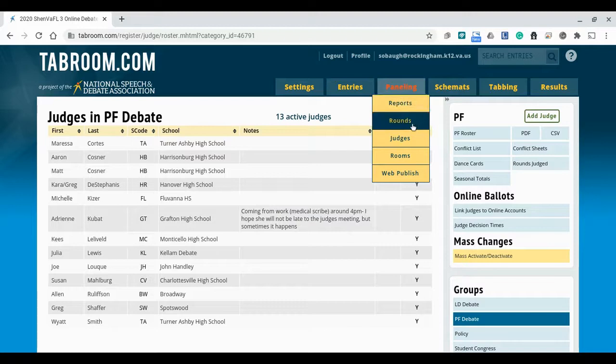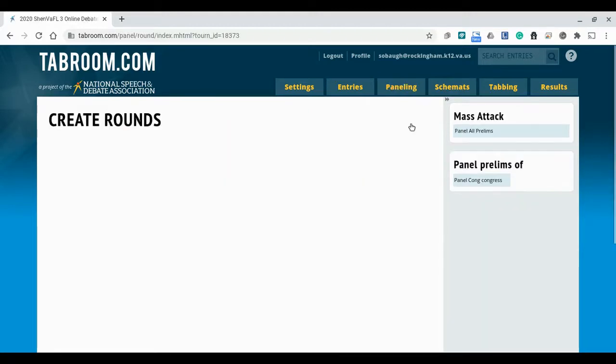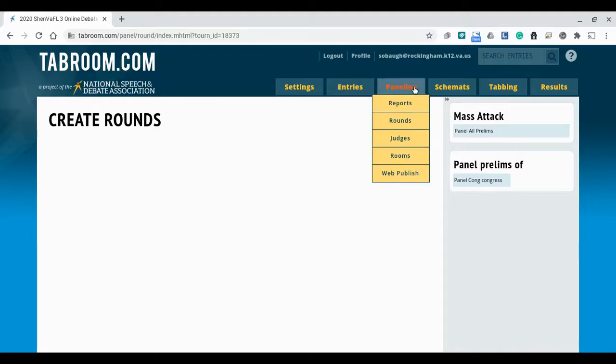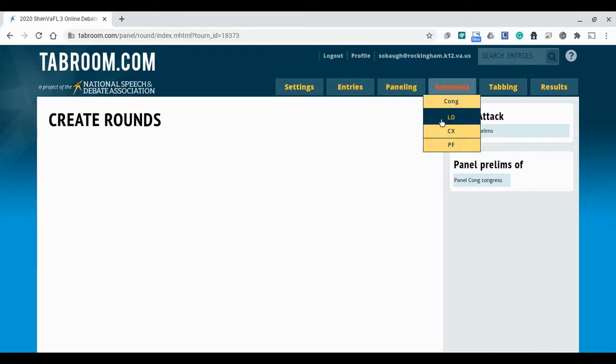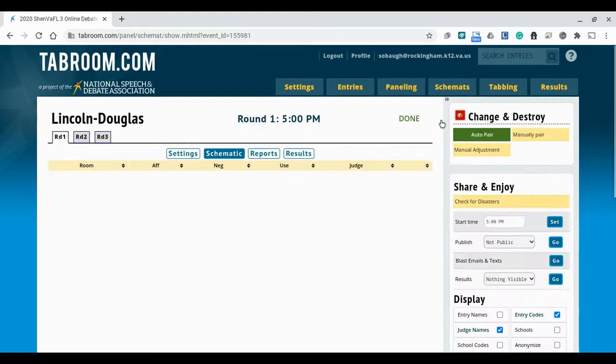paneling. We want to do rounds. We could do paneling of the rounds, or we could go through one at a time looking at Lincoln Douglas, because we don't want to do them all at once. Some judges are set up for both Lincoln Douglas and public forum, and we wouldn't want them put into public forum if we need them for Lincoln Douglas. So I'm simply going to auto pair